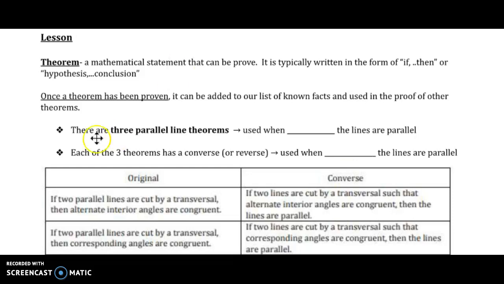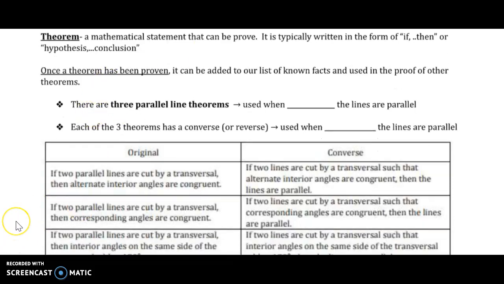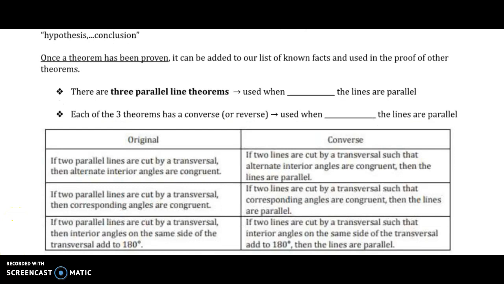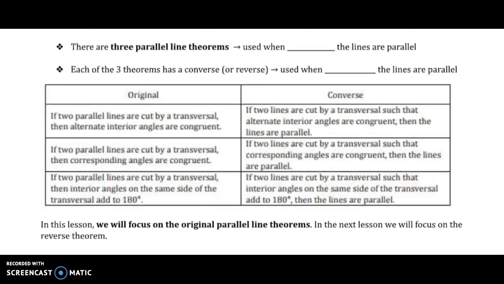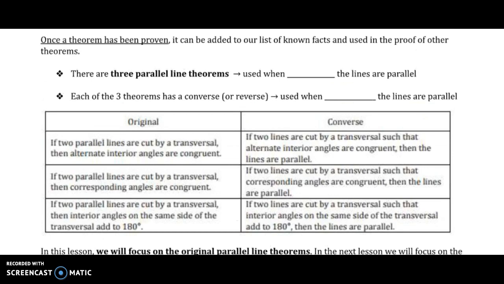So there are 3 parallel line theorems shown below in the original section. So if 2 parallel lines are cut by a transversal, then the alternate interior angles are congruent. If 2 parallel lines are cut by a transversal, then the corresponding angles are congruent, and so on and so forth. And again, these interior angles on the same side remain consecutive interior angles. So there are 3 parallel line theorems used when given